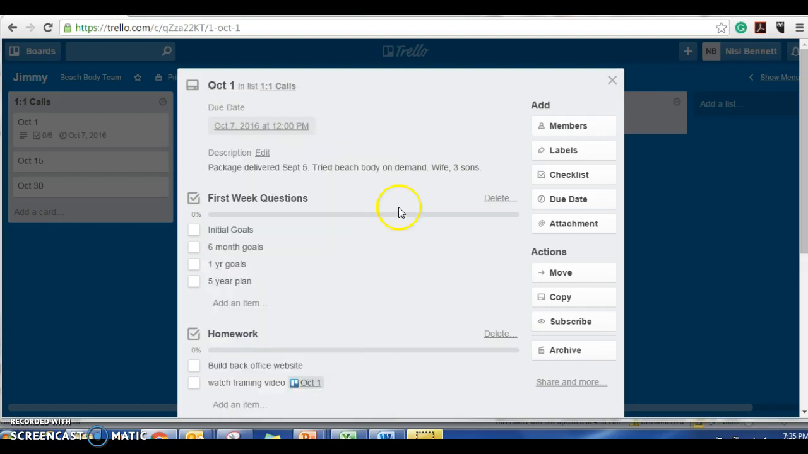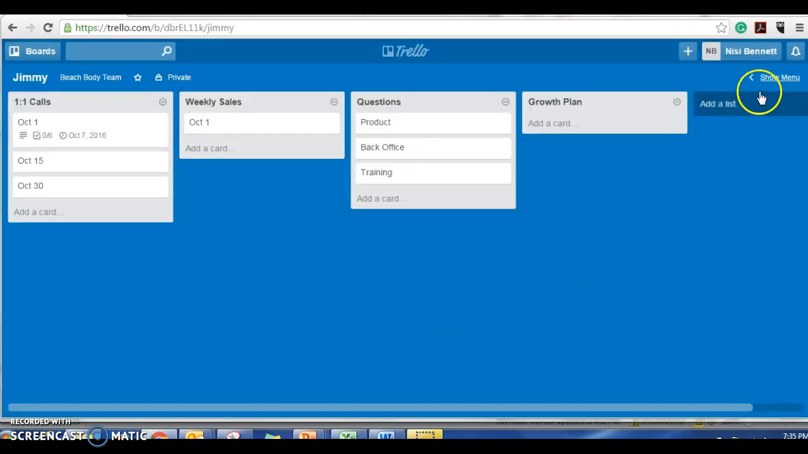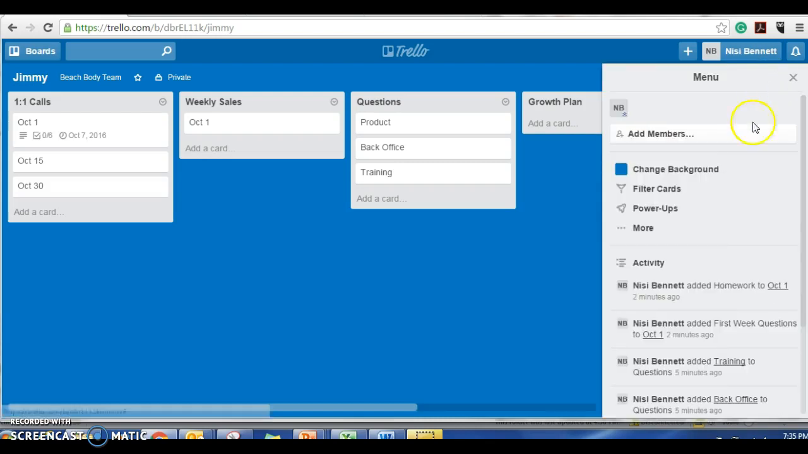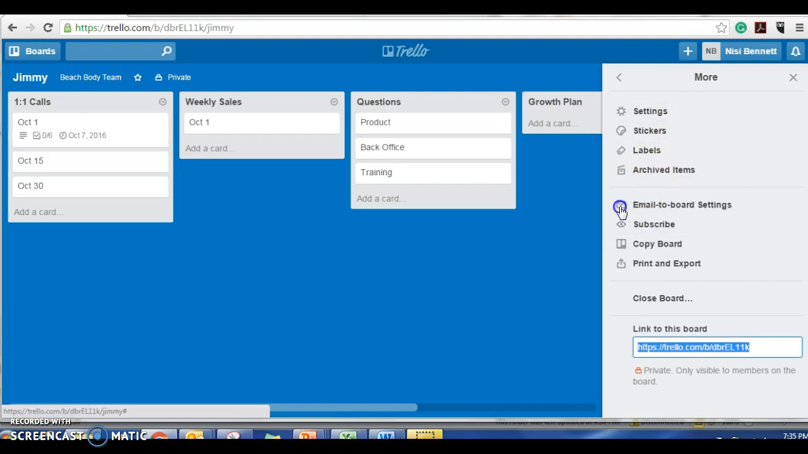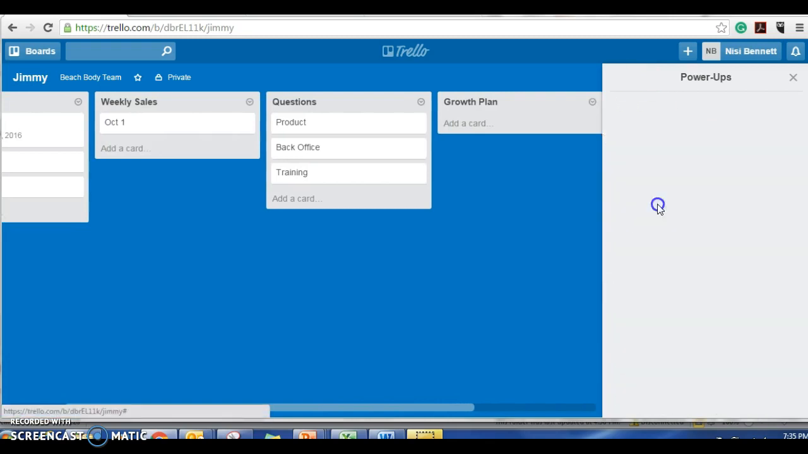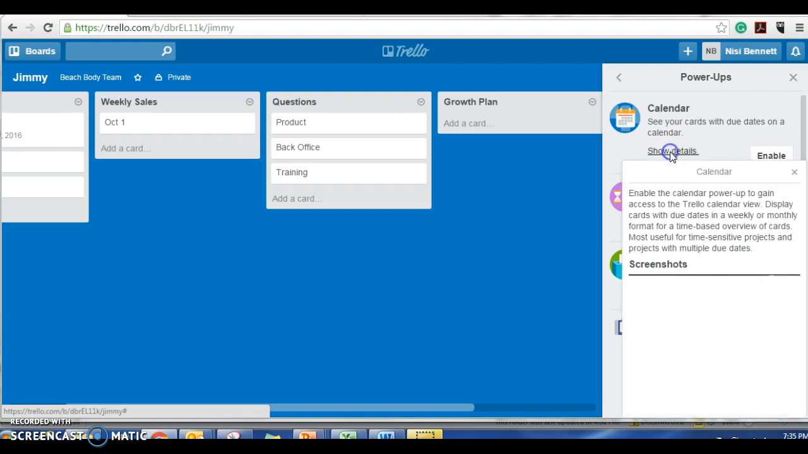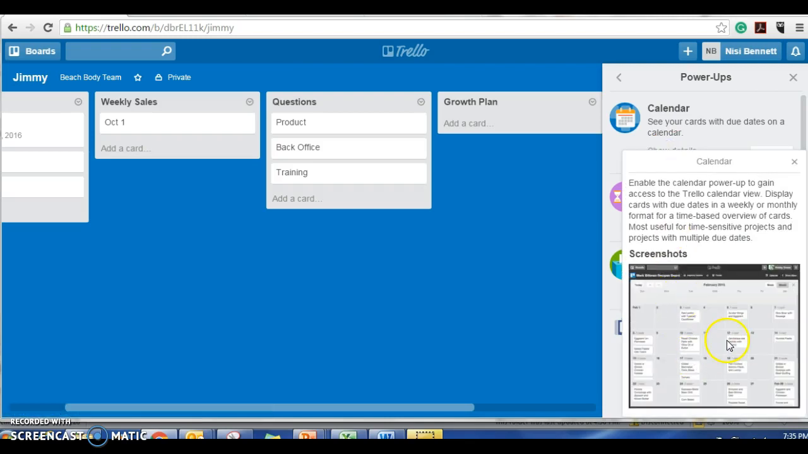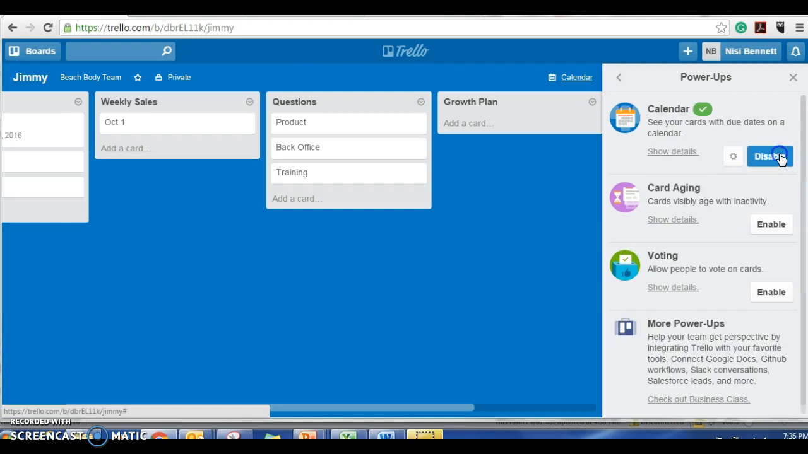Okay, save. So I'll have a due date here. And the reason this due date is really great is because you actually get to integrate and use a calendar. So when you're able to use a calendar, you can look at it like this. Or you can go in, do a power up, and do a calendar like this. So you would just enable,